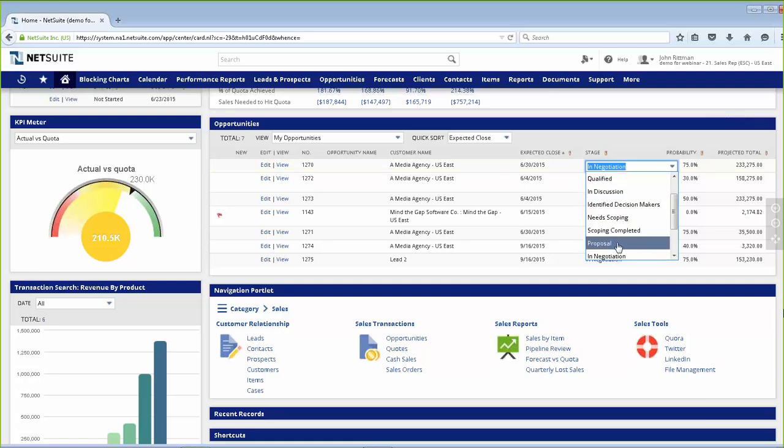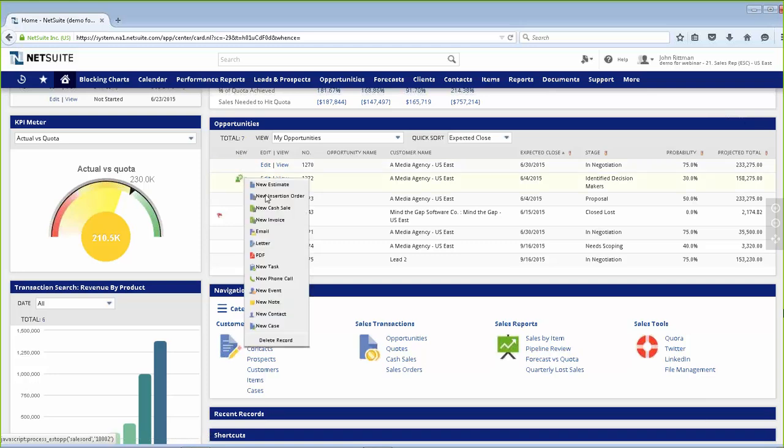I can also determine if I want to change the status, and it's going to automatically change those dates as well as the forecasting. I can, right from the opportunity as well, determine if I want to move it over to an insertion order or a contract. So it's going to automatically bring in my pitch information and move that over to an insertion order.